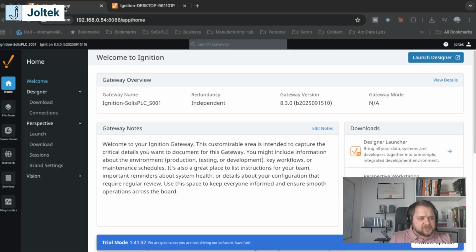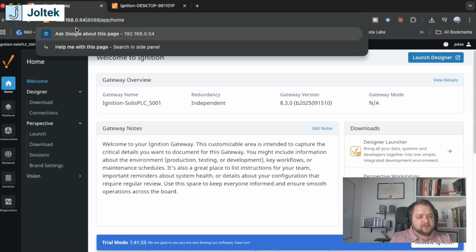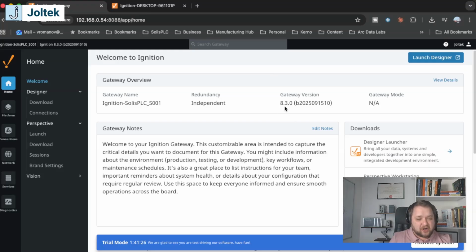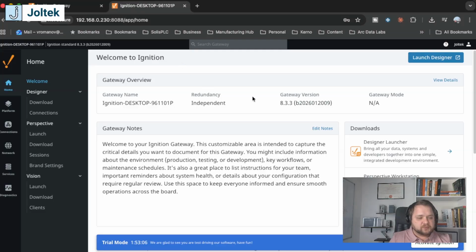So what you will notice is that I have two gateways. One is going to be on the IP of 192.168.0.54. This is the server upon which I have developed an application on Ignition 8.3. This has been running for a couple of months. I now have a different gateway which is going to be residing on an IPC, and this is at the IP address of 192.168.0.230. It is currently revision 8.3.3,